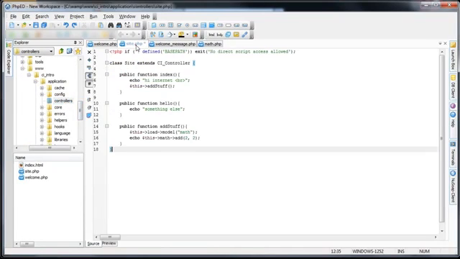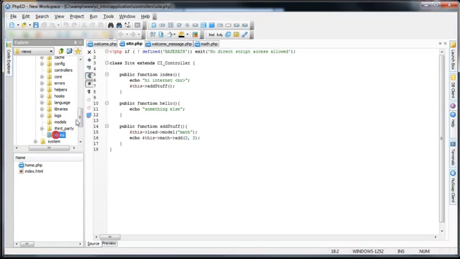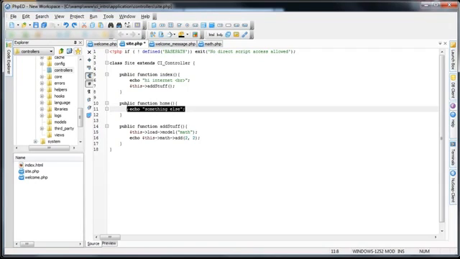Okay, now we'll go into our controllers. From our controllers, all we need to do is create a function in one of these controllers that will load that view. This is done really easily. All we have to do is create a new function called home inside of our site controller. We'll just use this function hello or whatever. All we have to do to load a view is we go this,